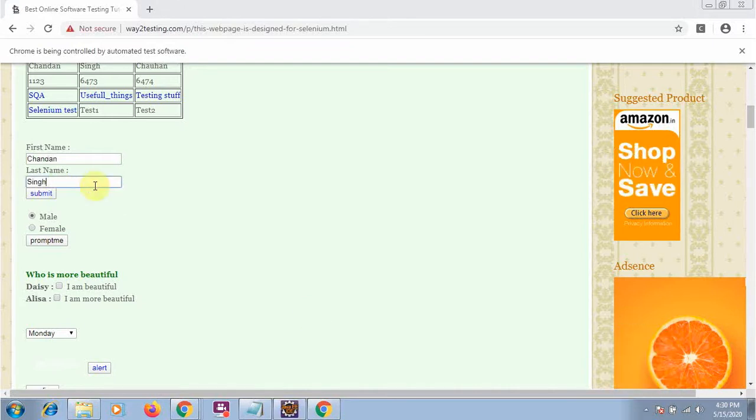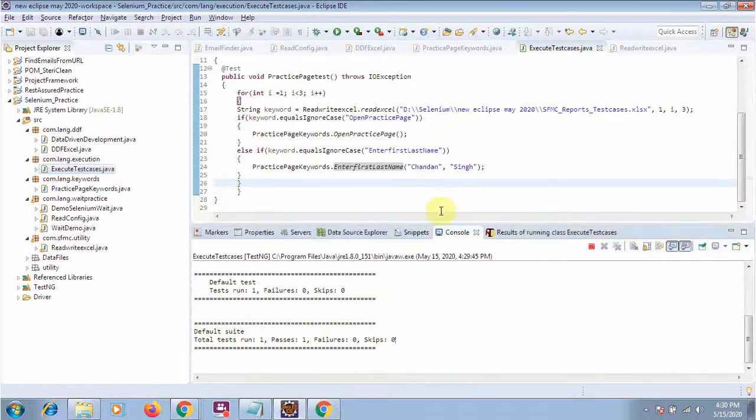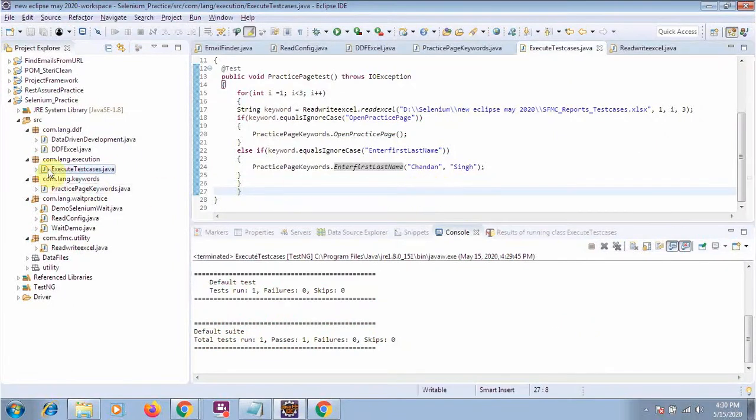Okay, so you can see it's clearing and it's filtering. That's finished. Okay, so it's the basic structure of how we design the keyword driven framework. So you can make it more complex, you can enter something and you can do all that stuff.